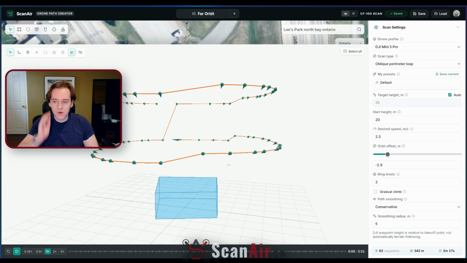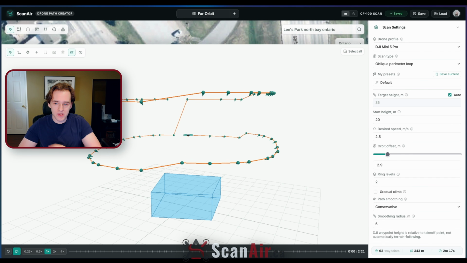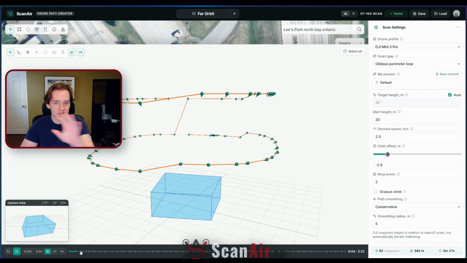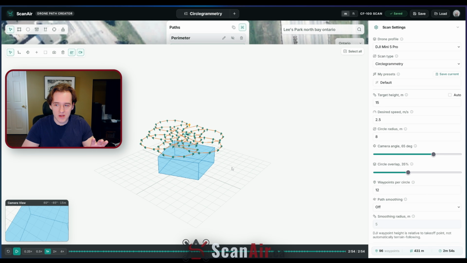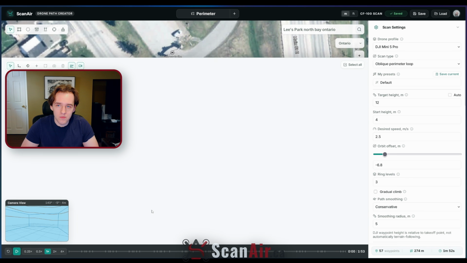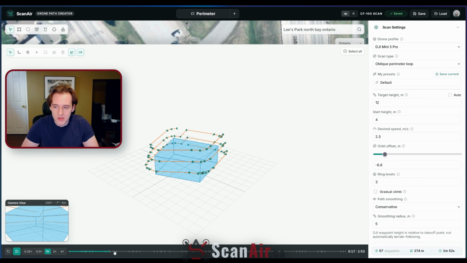So now we're going to do a camera preview. I just want to make sure it's capturing at a far distance what I like. The circle photogrammetry is capturing the correct parts of the subject. And as you see, it's going around. Then we'll check the perimeter as well and make sure it looks correct. And yeah, I think I like the look of that a lot, so hopefully that will translate into our on-site